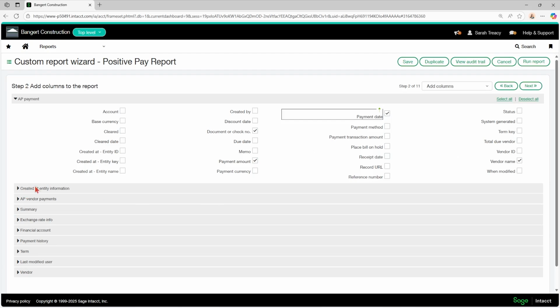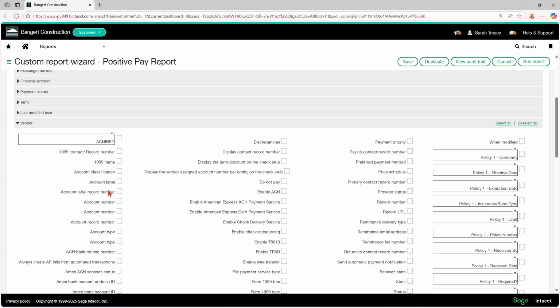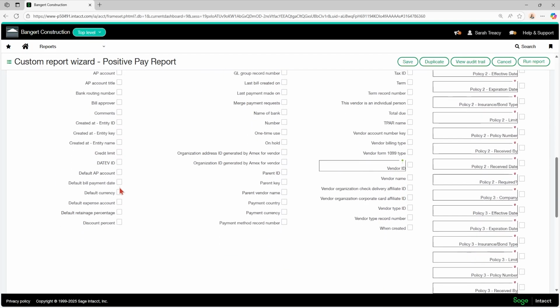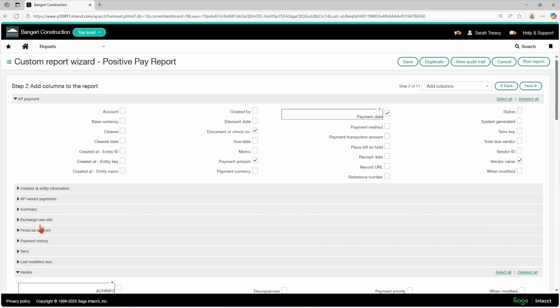And sometimes you might need to click into one of these other fields to access the information that you need. So on my vendor detail, there might be something here that I want to pull onto the report. And then within vendor, there are all these other fields that get opened up. So it's really a matter of going through, selecting the columns that you need, making sure that you get down to the level of detail that you really need to pull onto your report.